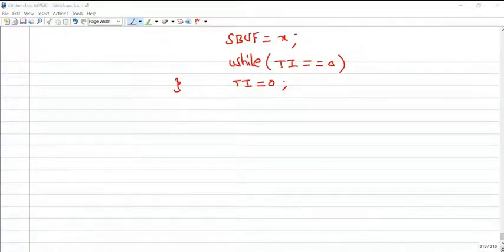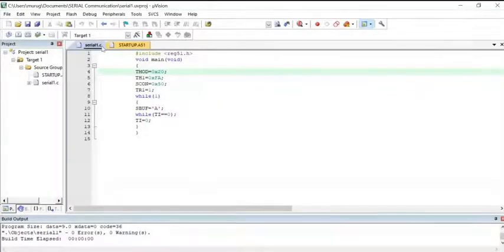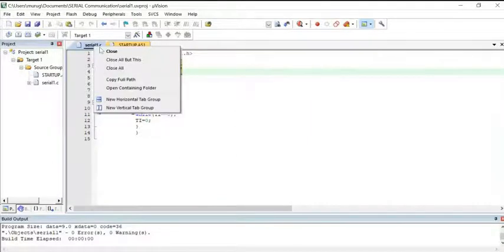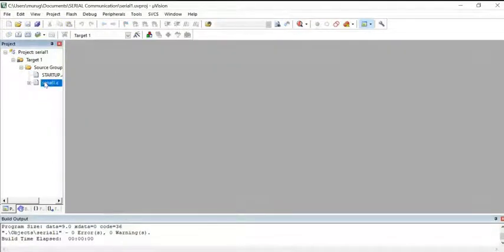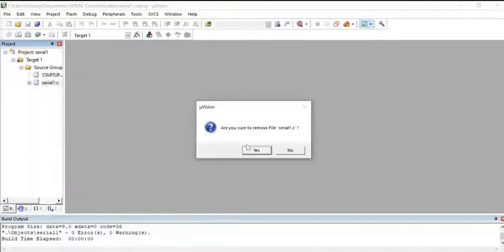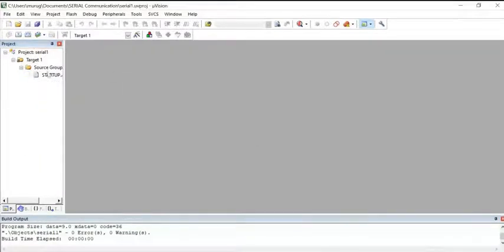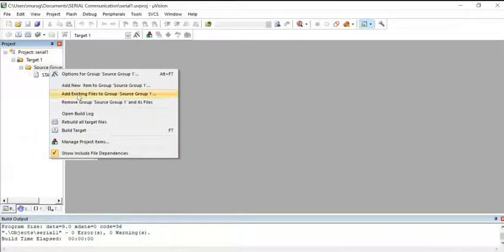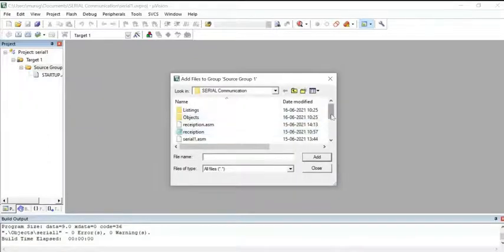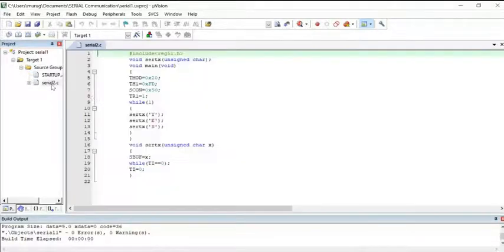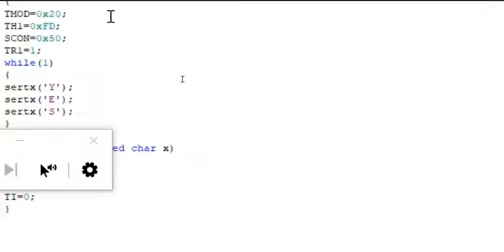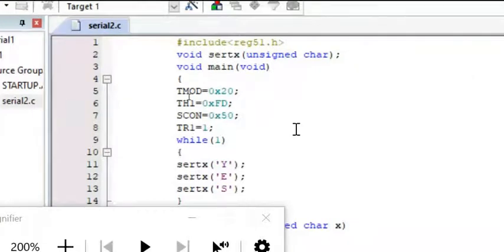So let's check this program. I'm removing the old file. This is the program I have written there. Same program.